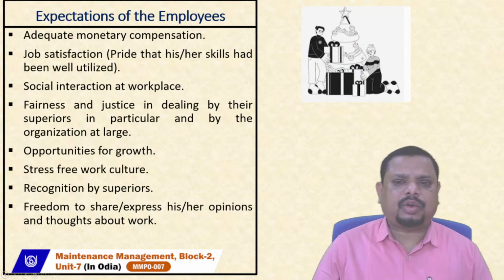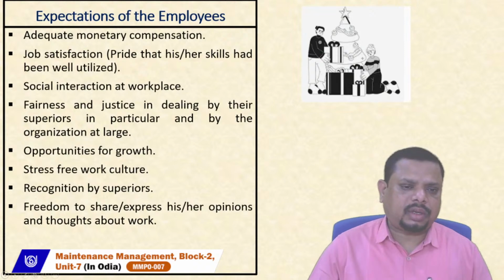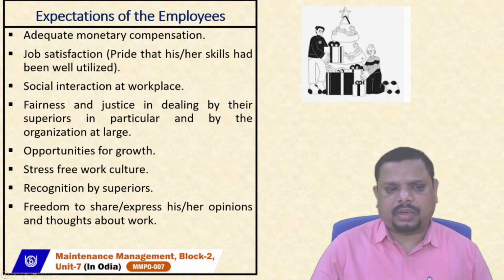So let's take the example of Tata, or the House of Tatas. So Tata Trust is there, and Tata provides a higher side of job satisfaction as compared to other industries. The next one is social interaction at the workplace. So it brings cross-cultural activities for the employees to know each other, to share different skills with each other, and to understand the responsibility of maintenance-related work in regard to the production activities.